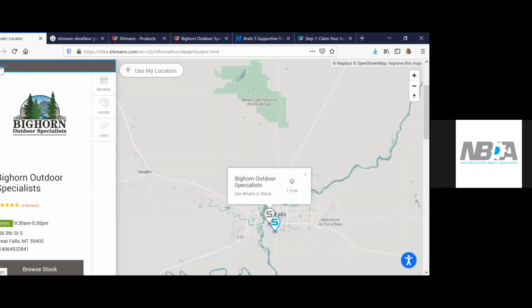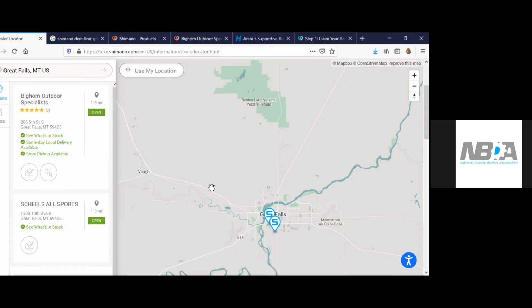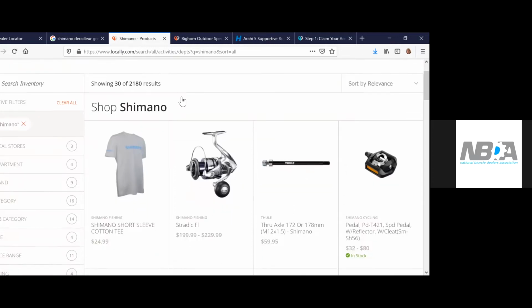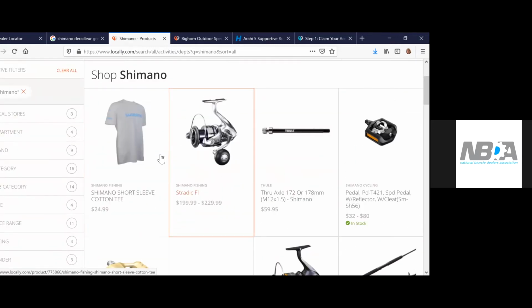Okay. So I just walked you through a lot, from store locator right into transactions. I mentioned earlier that along with showing up on these maps on store locators, Locally is also indexing the inventory on locally.com, and that we set that up so that retailers' inventory can show in search engines as well. So I'm going to show you what that looks like. Here we are on locally.com. I was on Locally before the presentation and I just typed in Shimano. I did a search for Shop Shimano in Great Falls, Montana, and it called up any products by Shimano. I'm getting both fishing equipment and bike equipment here.